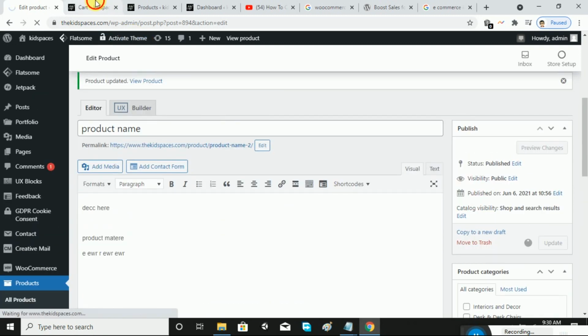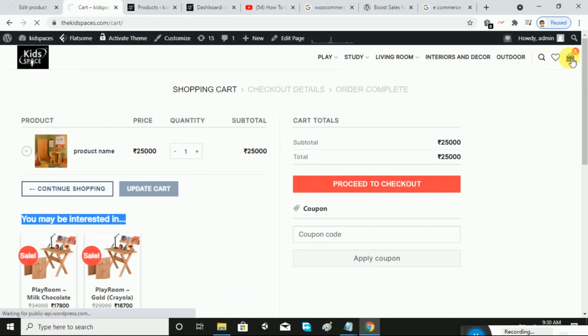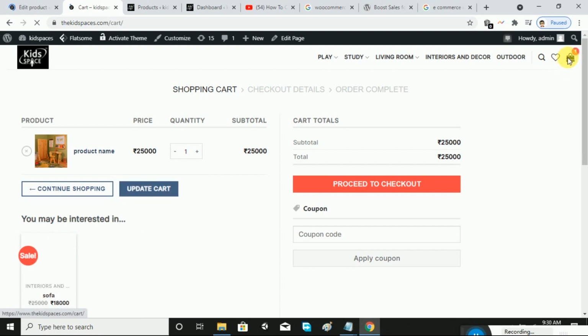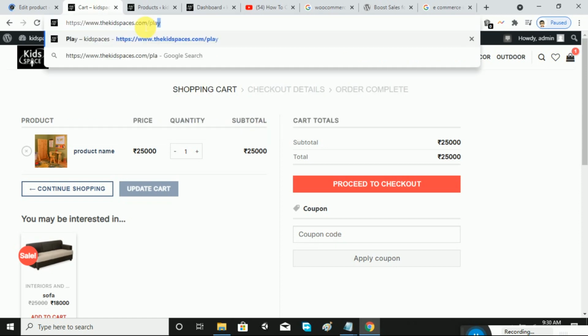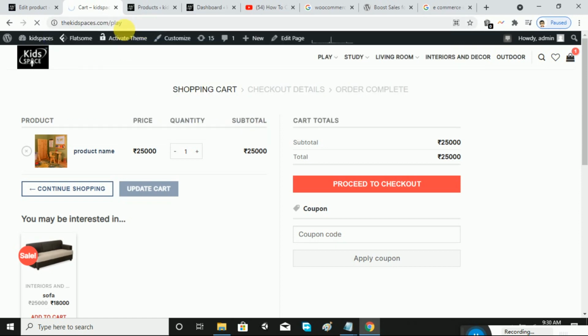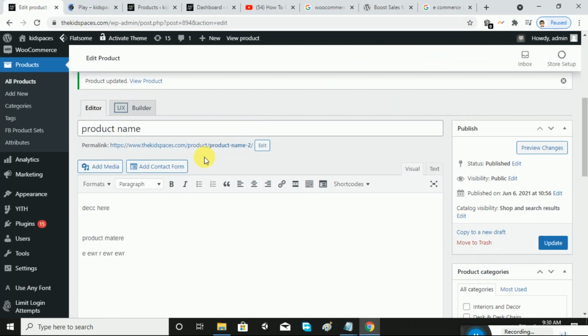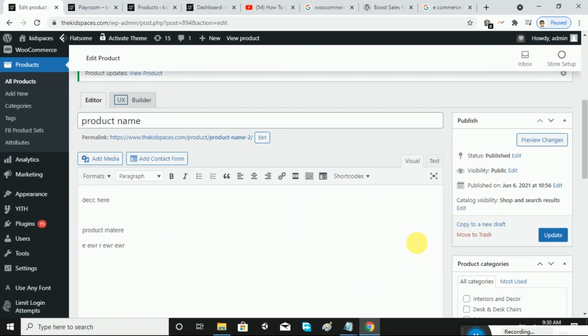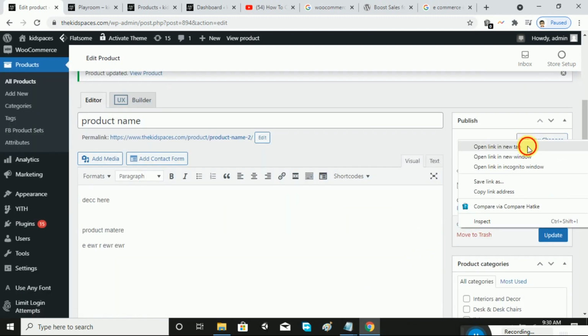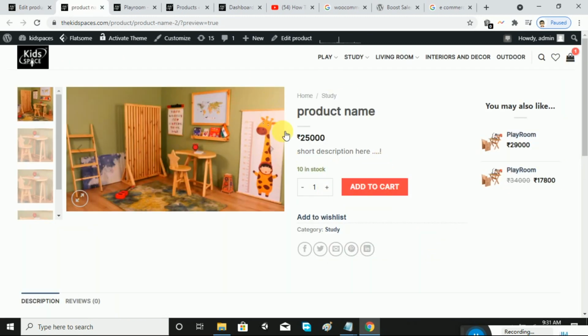We'll see the checkout page, or else we can directly navigate to this page. You may like also recommends the two products that we added in upsell here.